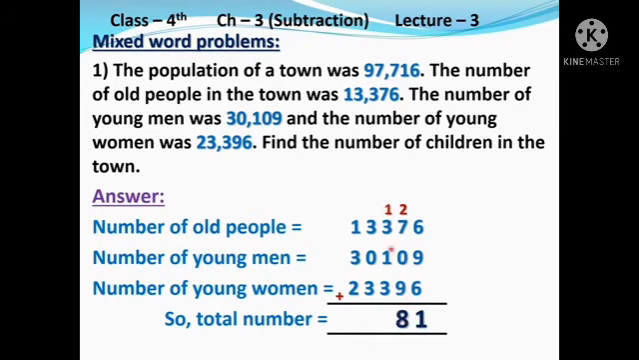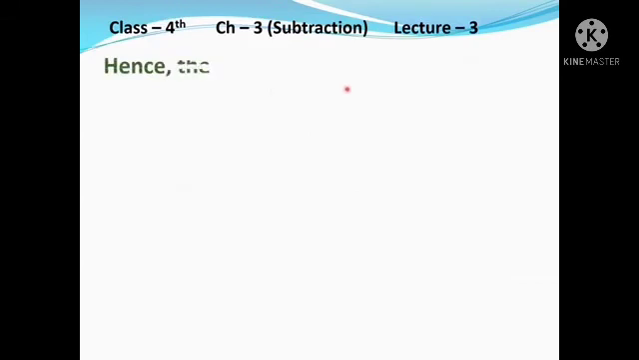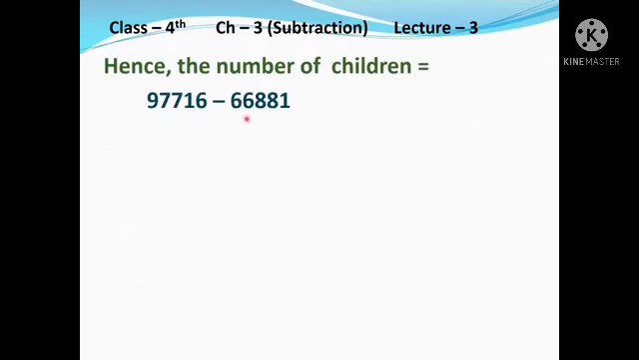1 plus 3, 4 plus 1, 5. Plus 3, 8. Write 8 here. 3 plus 0, 3 plus 3, 6. Write 6 here. 1 plus 3, 4 plus 2, 6. Write 6 here. Total number of old people, young men and young women equal to 66,881. Clear? Hence, the number of children equal to 97,716 minus 66,881, means total number of population minus total number of old people, young men and young women. Clear? Write down